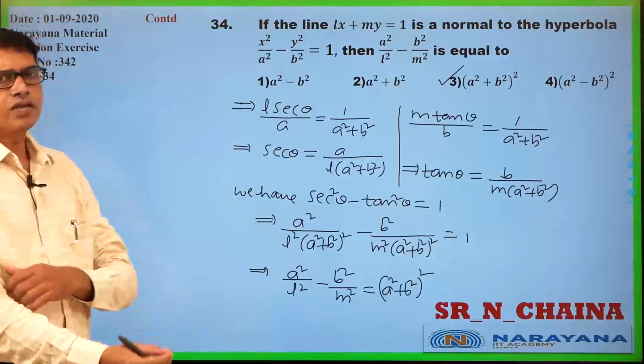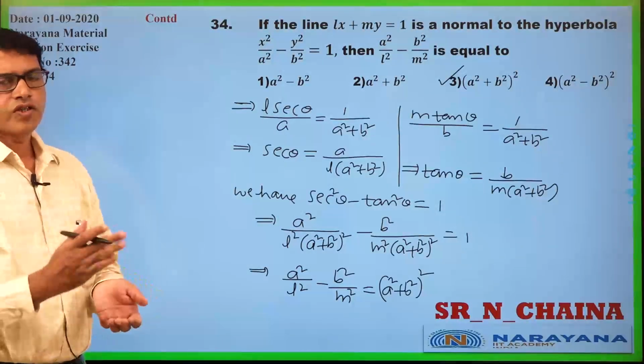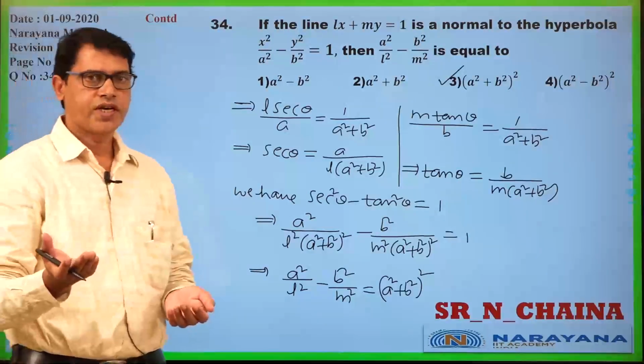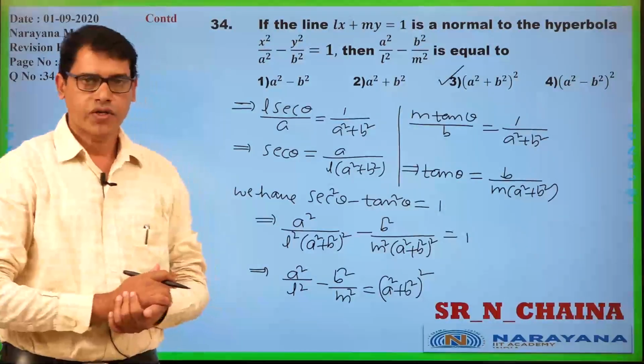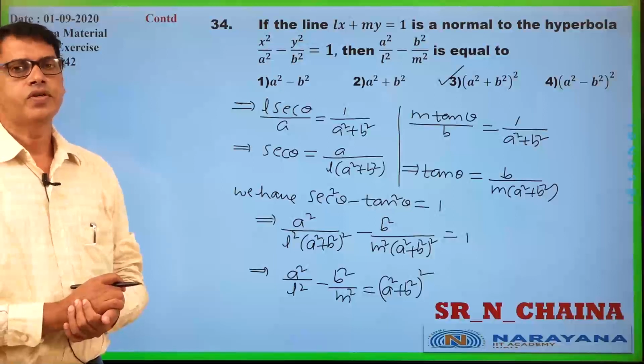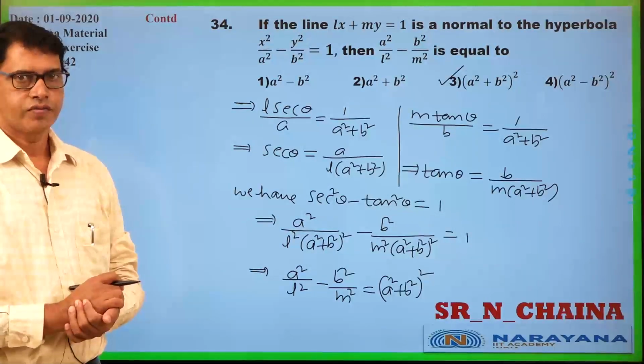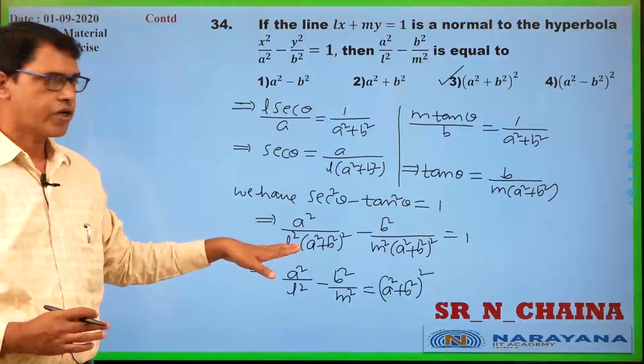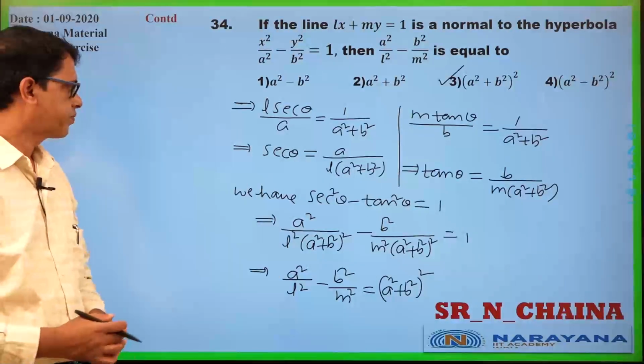Again, just applying the formula. Equation of normal, they represent the same line. So, A1 by A2 equals B1 by B2 equals C1 by C2, then common simplification. Okay? Yes.